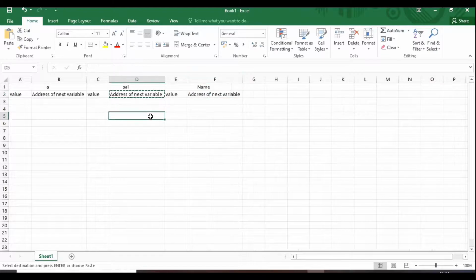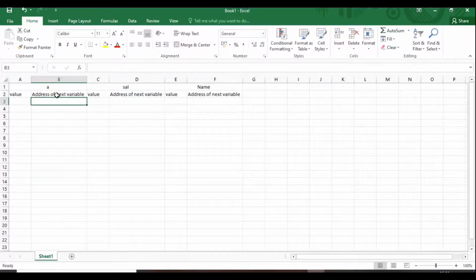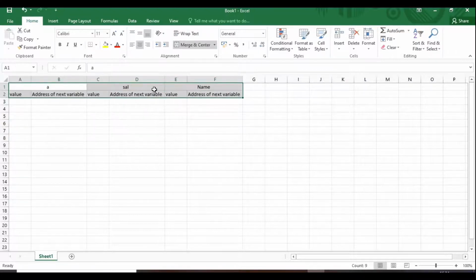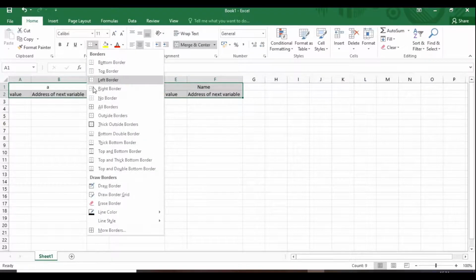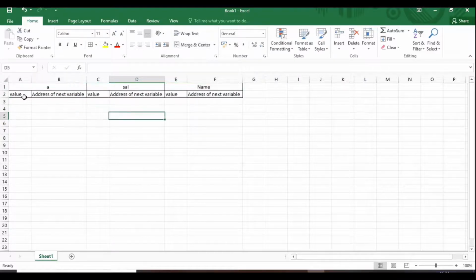Here the value will be residing here, but you see the address of the next variable: the salary address is this one, the name address is this one. So whenever you take any variable, the first one will be the location of the variable's value, and the second one is the address location of the next variable.